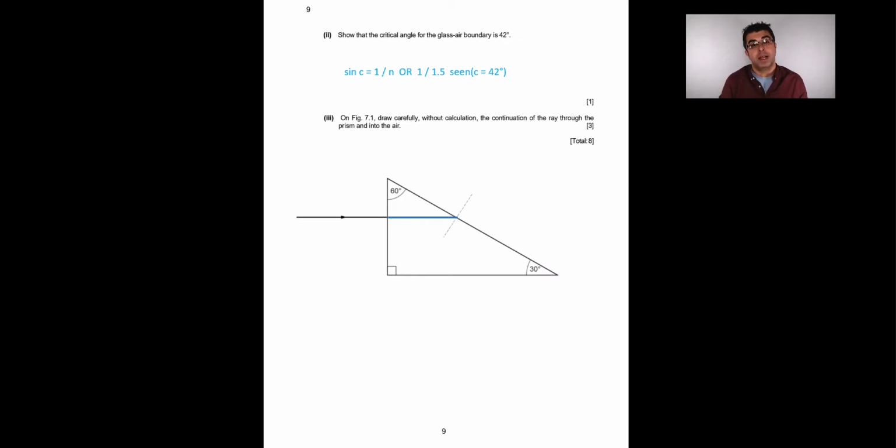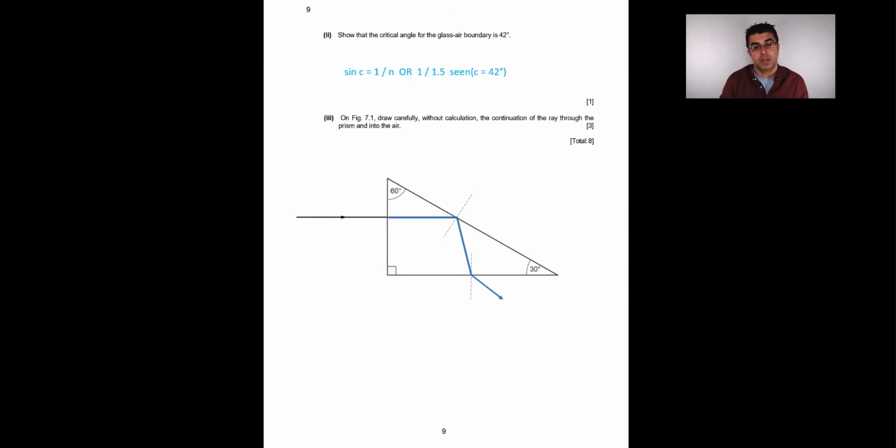Then by eye, you're supposed to draw a normal, and then the angle of incidence will equal the angle of reflection, and this is where it starts to go wrong. It's not perfectly 90 degrees, you know, like the whole thing. It's not 45 and 45. So by eye, the angle of incidence and reflection should be the same. Put in another normal, and here it doesn't quite hit the glass at 90, so the light will bend away